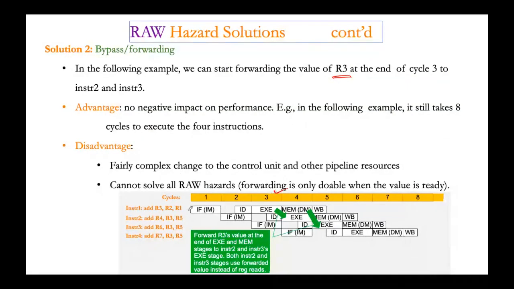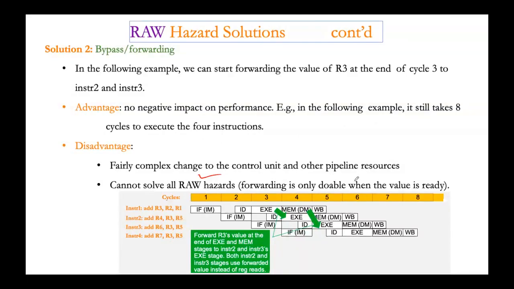At this cycle, the R3 value can be forwarded to your instruction 2 and instruction 3, with no negative impact on the performance. In this example, it still takes 8 cycles to execute the 4 instructions, but the disadvantage is the fairly complex change to the control unit and other pipeline resources,